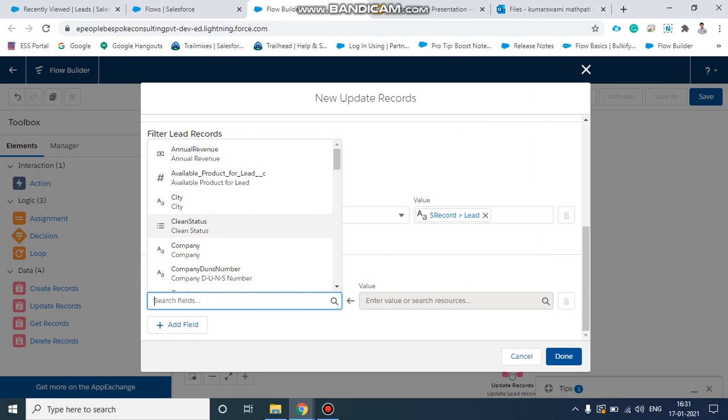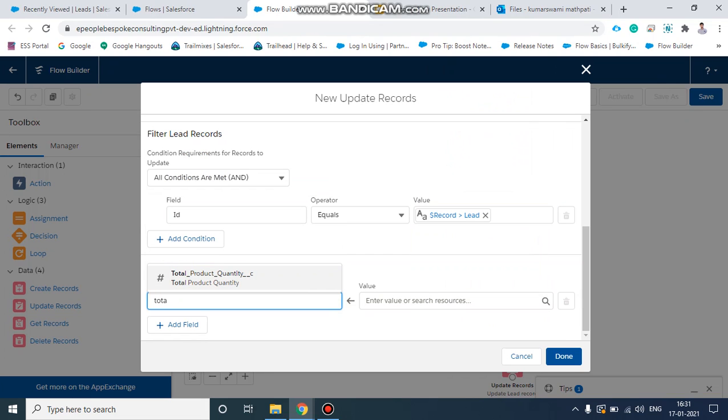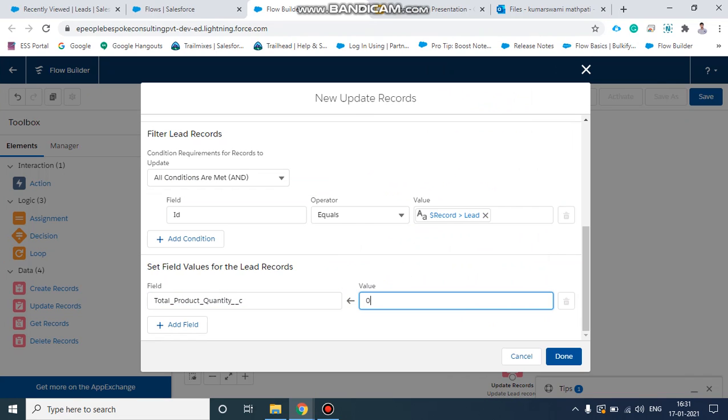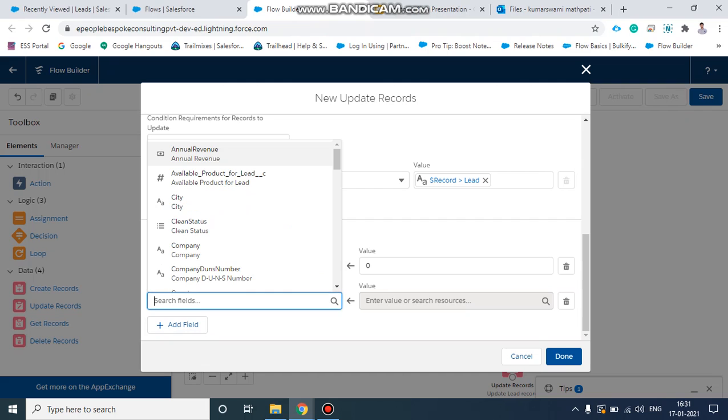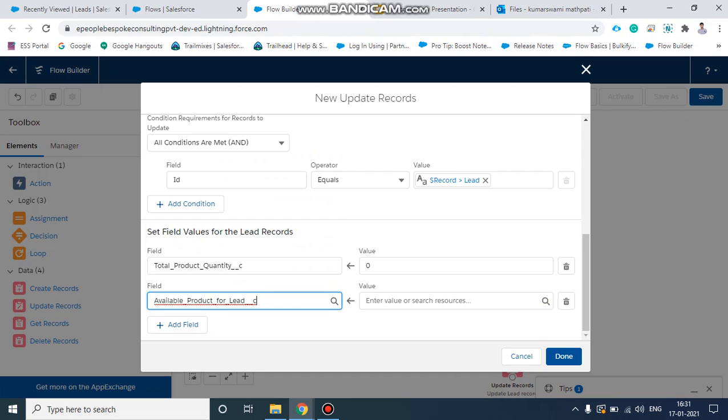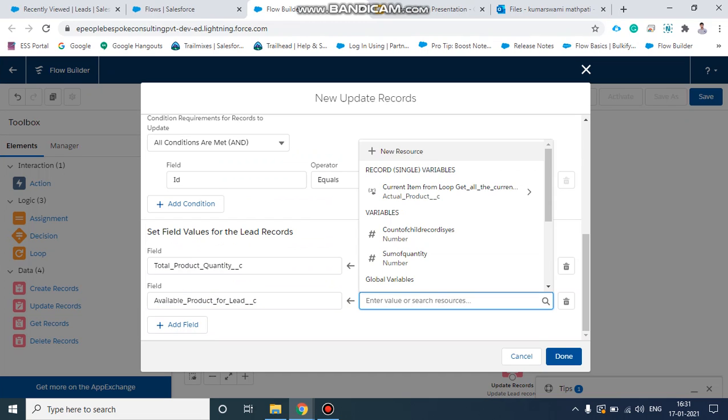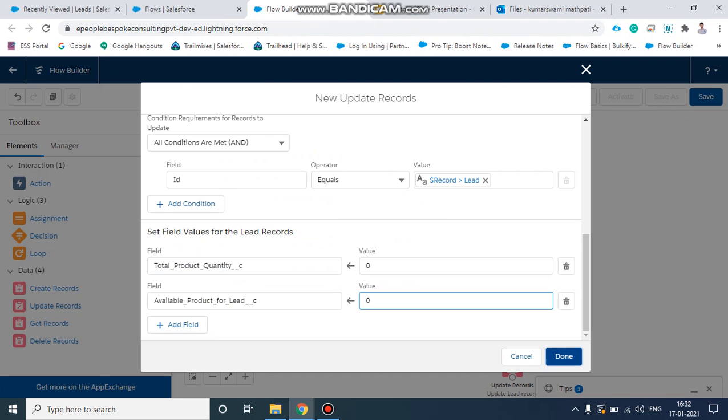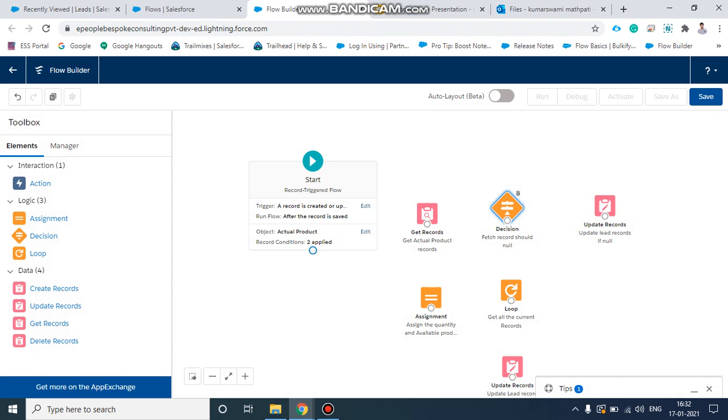Then we will update total quantity with 0 if we do not find any IDs, and available product with 0. Done. Now we will connect these elements.